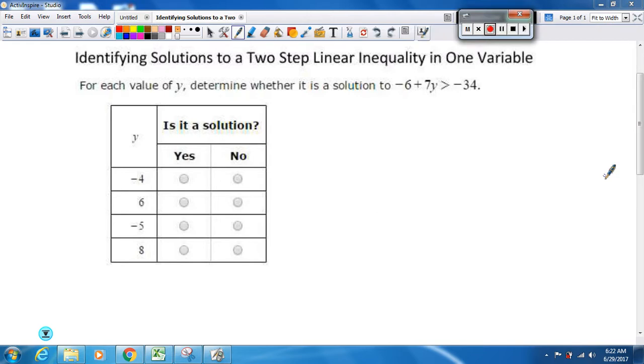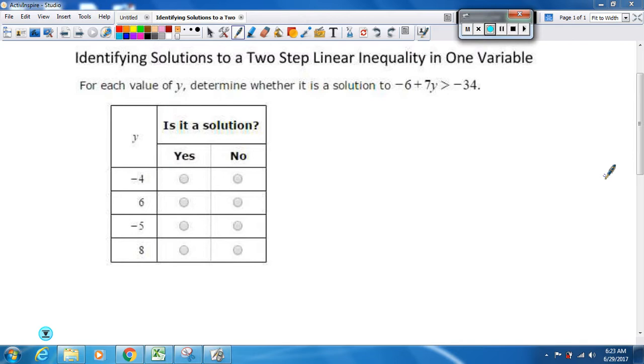There are different ways of doing these. Some people suggest just plugging the values in for the variable they give you, like y, and seeing if they are true. I think it's easier and faster to actually solve the inequality, and then we'll talk about the actual things that